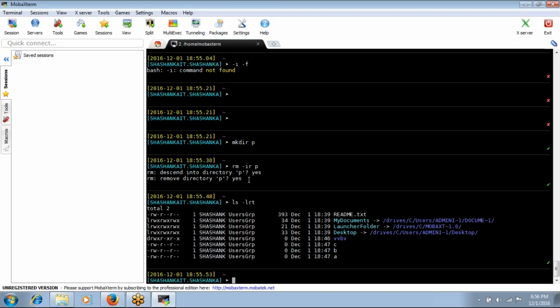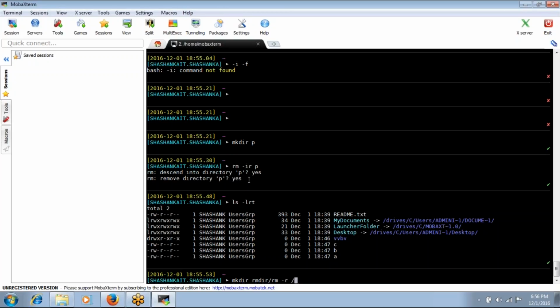And the second one is how to copy a directory. Like the files we have created: how to create a file, how to copy a file, how to remove a file, and how to move a file. These we have discussed for files, right? In the same way, for directories we have how to create a directory with mkdir, and how to delete a directory with rmdir, or you can use rm -r. You can use the -i option to prompt every time; for every deletion it will ask for confirmation.